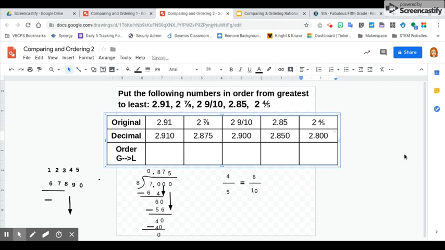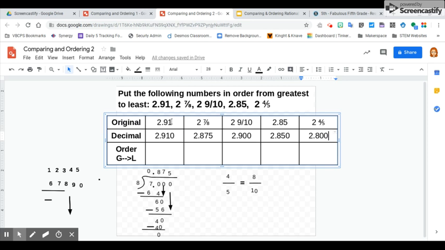And from this, we can see, okay, now I have a 2 in front of the decimal point for all of them. And then after the decimal point, I have 910 here, 875 here, 900 here, 850 here, and 800 here. Because I need to put them in order from greatest to least, I'm going to look for the one that has the highest number after the decimal point. And that is 2 and 910 thousandths,